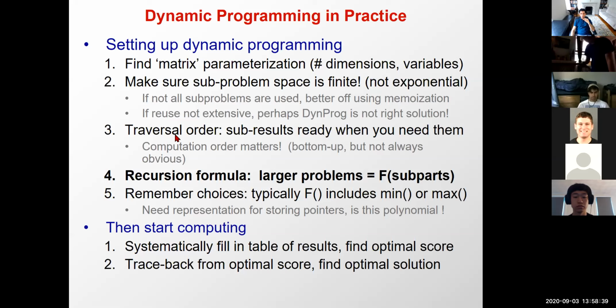Also, the traversal order matters greatly. You want to make sure that the sub-results are ready when you need them. And bottom-up is usually the way to go, but it's not always obvious what bottom-up means. And then for the recursion formula, the larger problems are always expressed as a function of the subparts, and finding how to express those will be the art of dynamic programming. So, sort of setting all that up and then deciding how to express these. And then lastly, remembering the choices. That function of the subparts will typically include a minimum or maximum, and you need some kind of